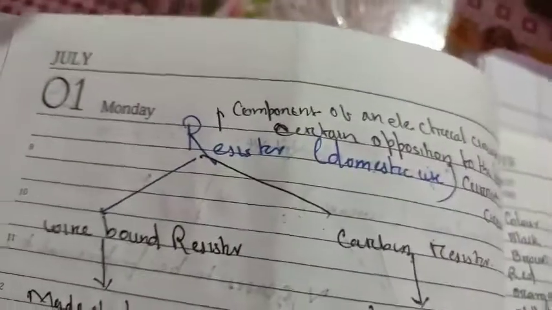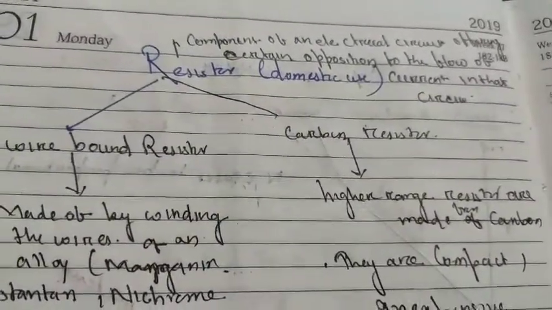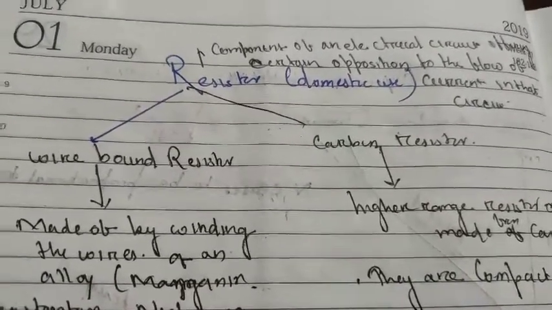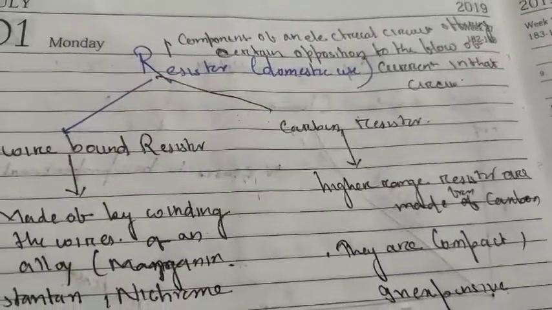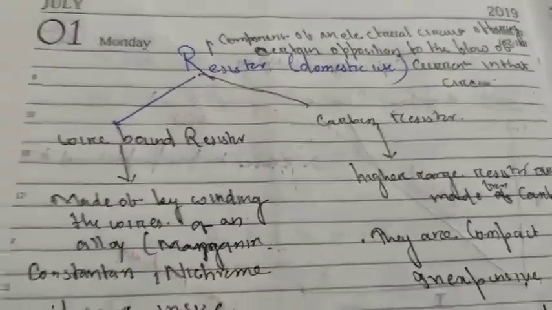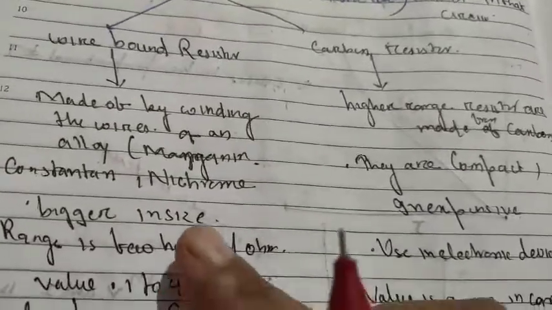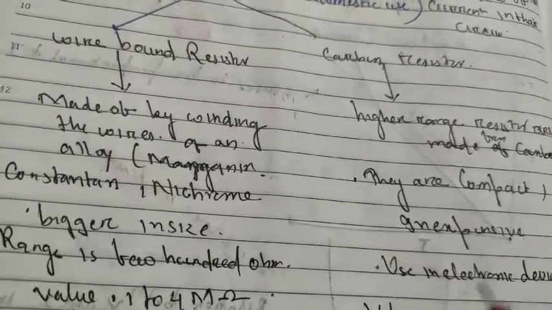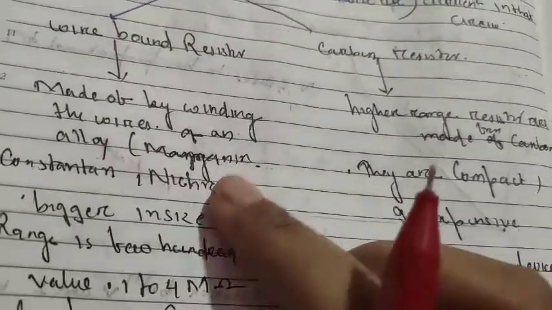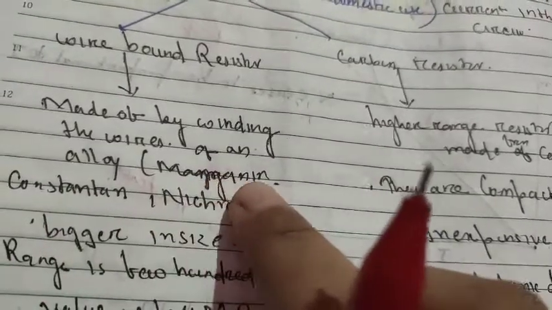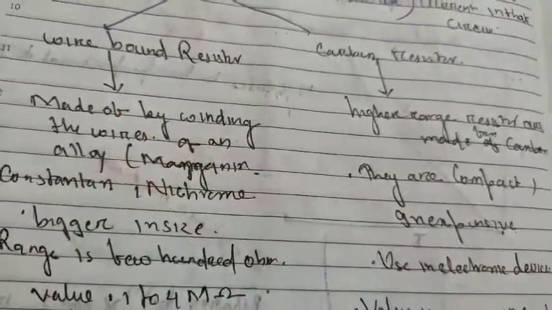Now student, we will move to the concept of resistor. Very short, I would like to give it to you. A resistor is a device which opposes the flow of current. Resistors can be considered in two parts: one is wire wound resistor, another is carbon resistor. A wire wound resistor is made by winding wires. We take an insulator and wind wire around it, and the wire material is something like constantan, nickel, manganese. These are the materials through which we can prepare